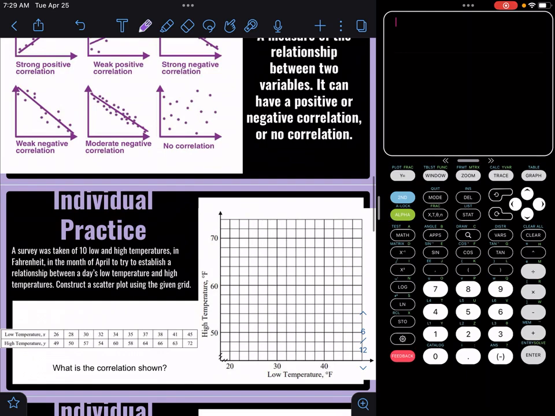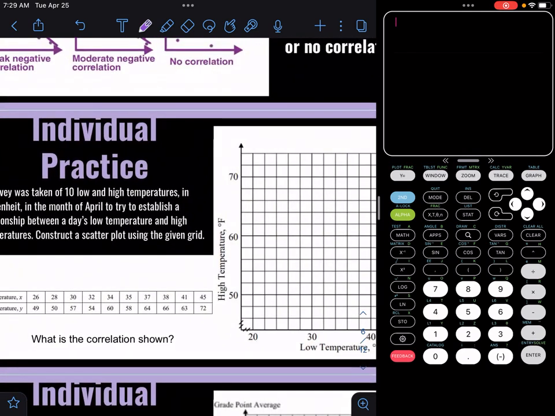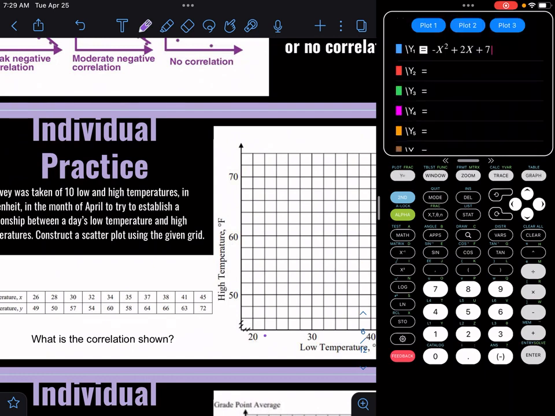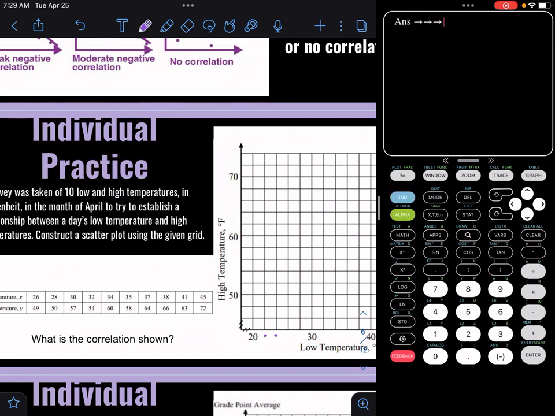All right, individual practice. A survey was taken of 10 low and high temperatures in Fahrenheit in the month of April to try to establish a relationship between a day's low temperature and high temperature. Construct a scatter plot using the given graph. All right, my low temperature was 26, so this is 20, they're going by 2s. 22, 24, 26, and then we're going up to